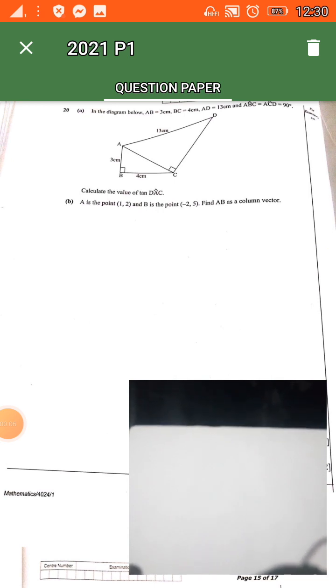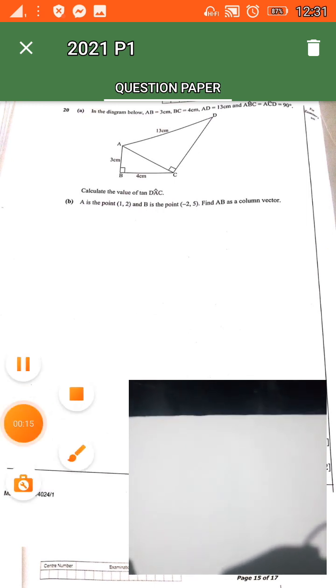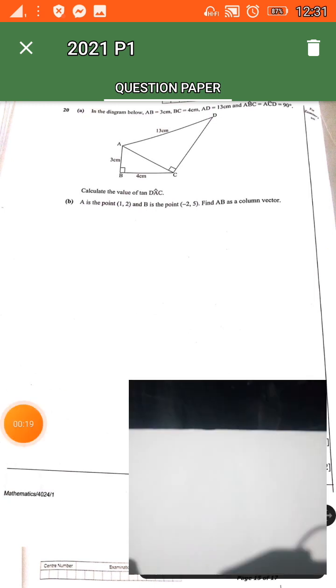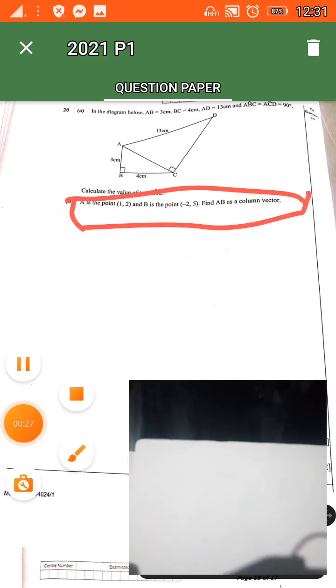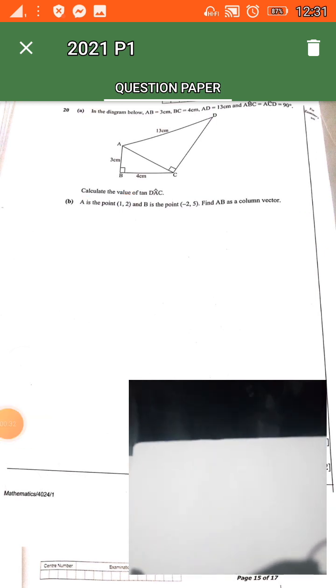In the previous video, I looked at question 20b, the question involving number vectors. So this question we're talking about is right here. That's the question we're looking at today. So in this question, they're saying,